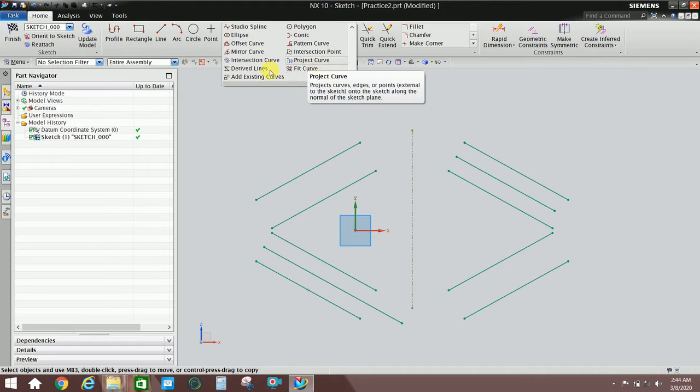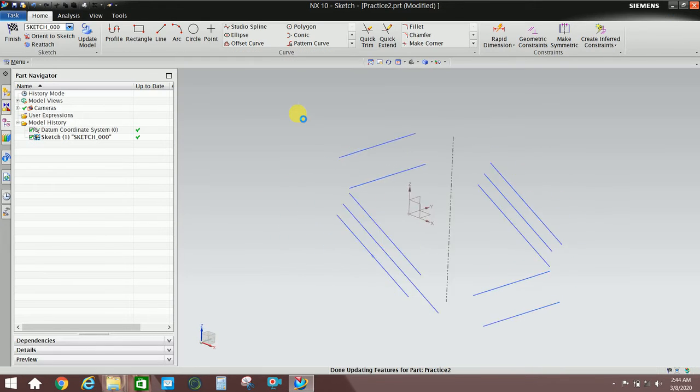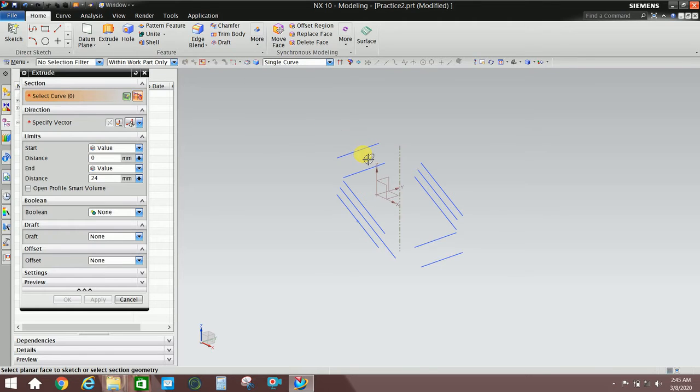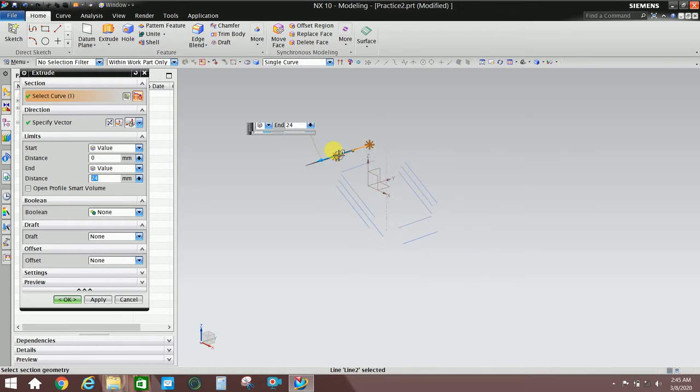This command, the project curve and intersection curve, is used to get a reference within the sketch. Suppose I have something in 3D, if I exit this sketch, I'll finish this sketch and I will just extrude this line. It's loading. So this is the line I have extruded,